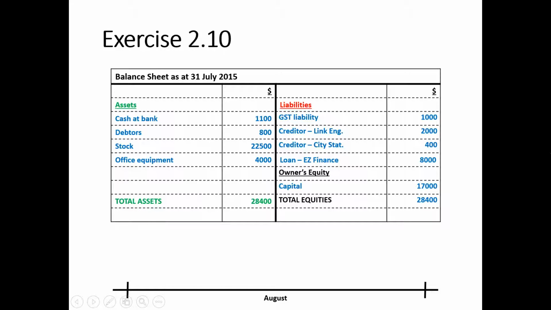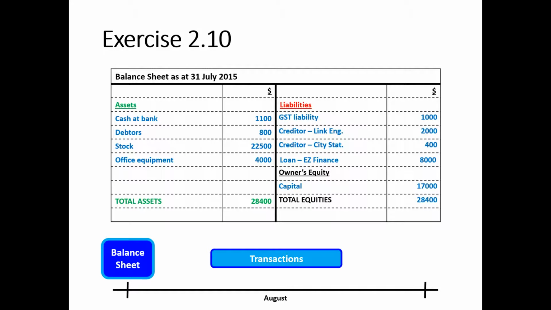2.10 is a question that's going to look a little bit like the question on the SAC, and it's important to realise what we've been given as information. So we've been given a balance sheet at the 31st of July, and that's going to represent the start of the current period. So in this case, we've been given that balance sheet, and then we've been given a whole bunch of transactions, and what we're actually asked to do is to then produce a new balance sheet at the